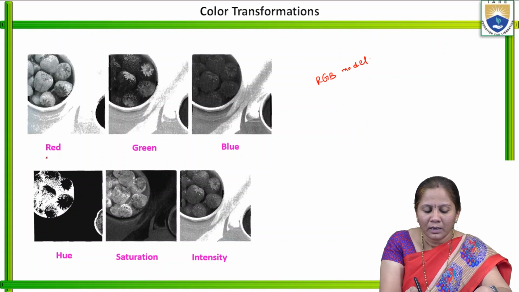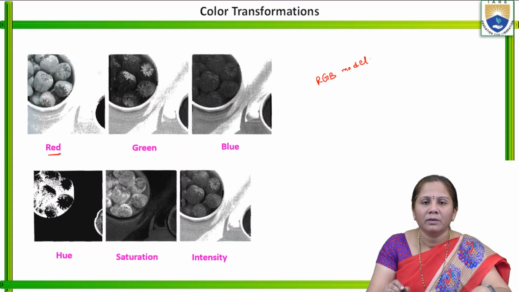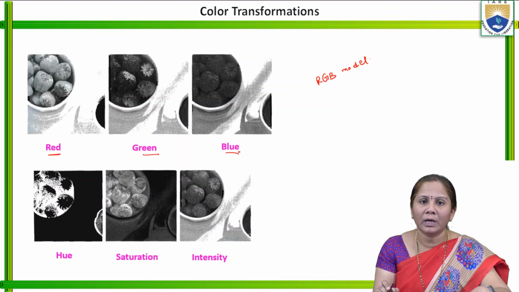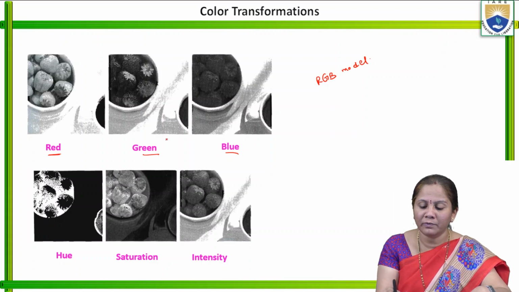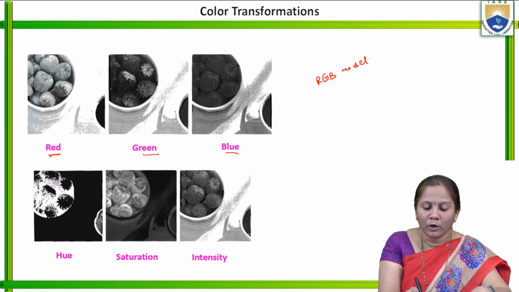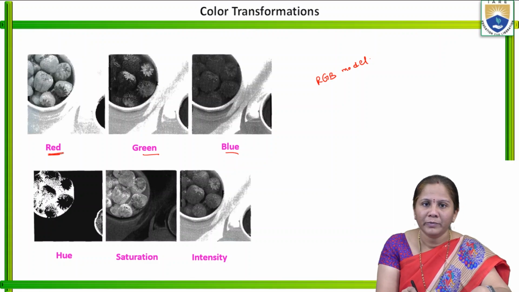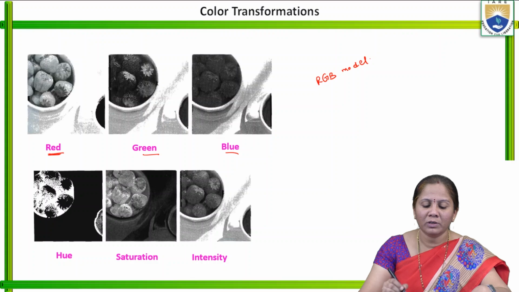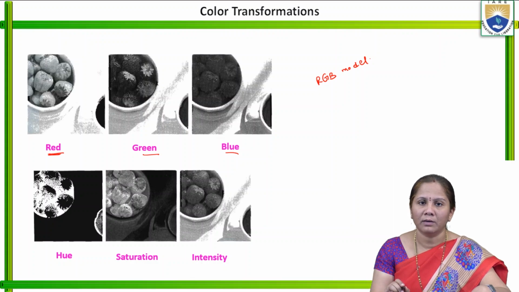It means that a large amount of red is available during the transformation, whereas little amount of green and blue colors are available. So we can observe the figures here related to this green and blue. And also we can compare that with red. If you see the strawberries that are available here are somewhat bright. So we say that large amount of red color is used during the transformation compared to this green and blue.